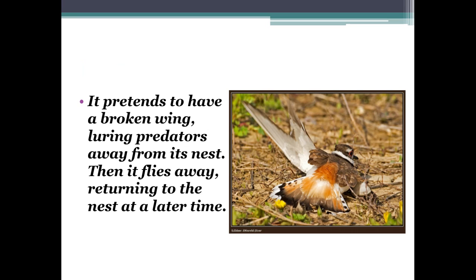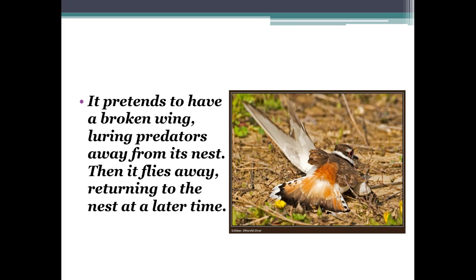But what the killdeer will do is it will fly up somewhat quickly, and then it will drop to the ground and start to flail and kind of violently thrust. And what it's doing is it's mimicking the appearance of a broken wing. And so when this happens, it causes a big commotion. The predator is almost always lured away from the nest. It gets distracted by the flailing adult, and